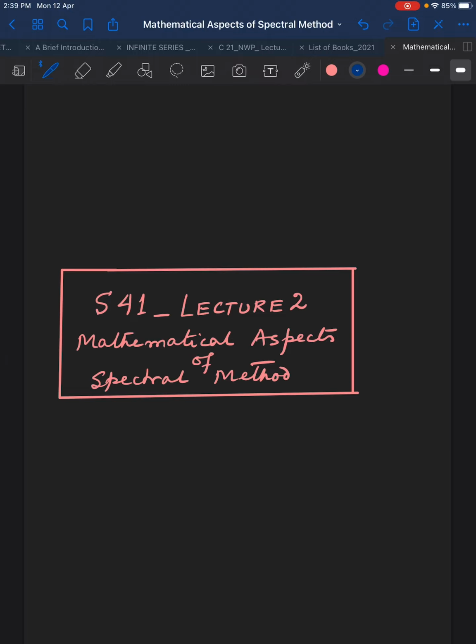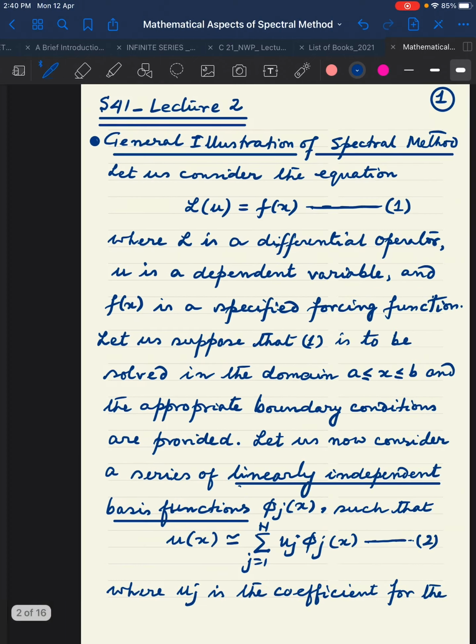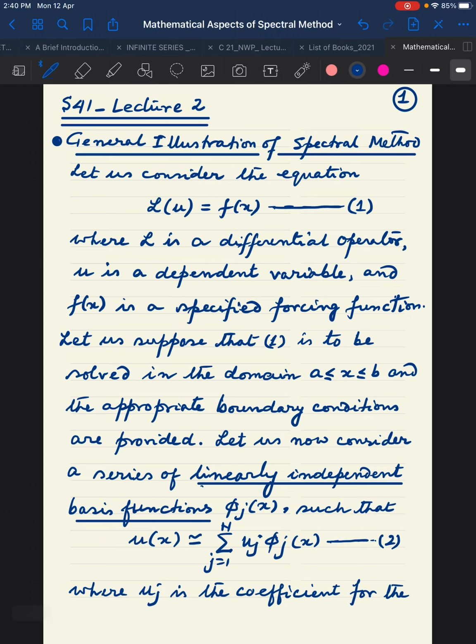But here I am not going into any complex things. As per your syllabus, I will just discuss the simple mathematics involved in this model. So let us start. See, the first is a general illustration of the spectral method. I think you have already gone through the Galerkin method. It is one of the most important methods. So let us first discuss